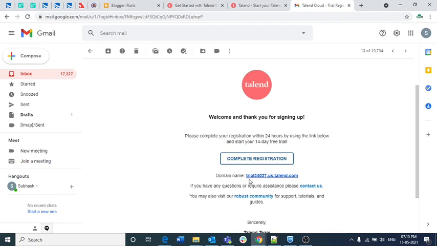As it is a trial version, you can't select your own domain name. If it is a business or enterprise version, then you can select whatever business domain name you want. But here, as a trial version, it automatically got one, and I will tell you where this domain name will be useful further. But for now, whenever you get this mail, click on complete registration,